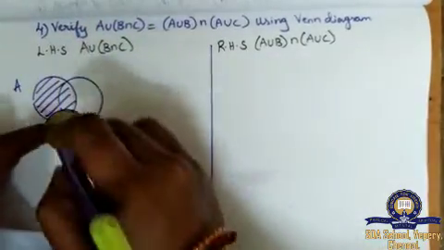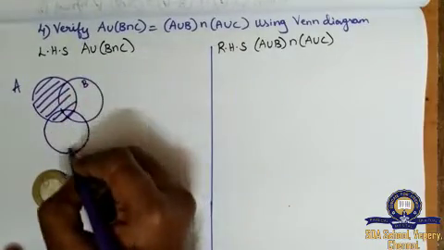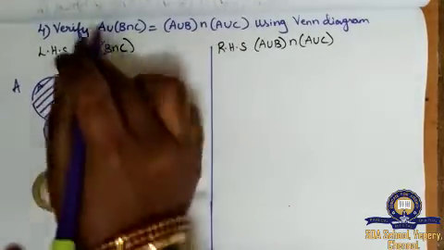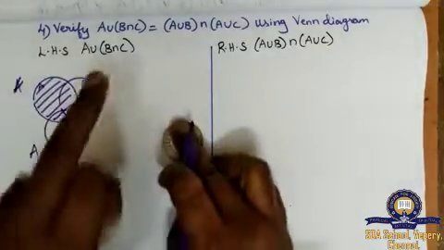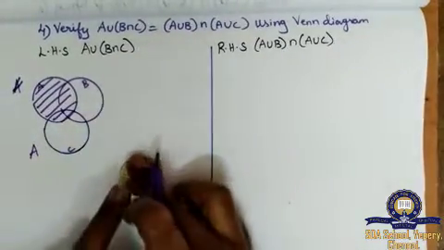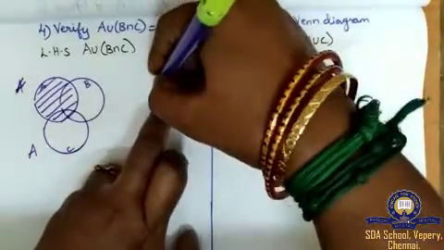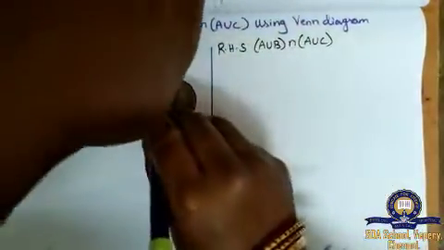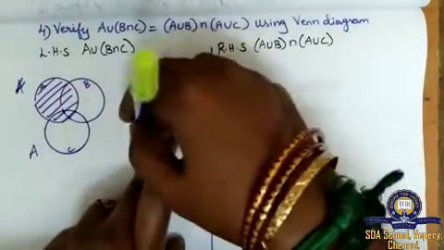The previous sum we did, right? Same procedure we are going to do. This is B, C, this is A. So only A we have found out. Then B intersection C. There is no place to draw here itself. I am going to draw B, then I'm going to draw the C circle.